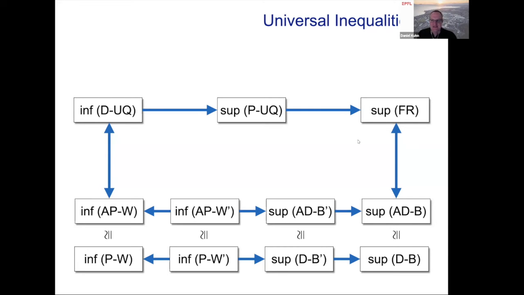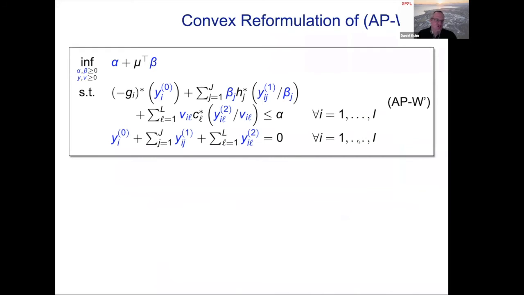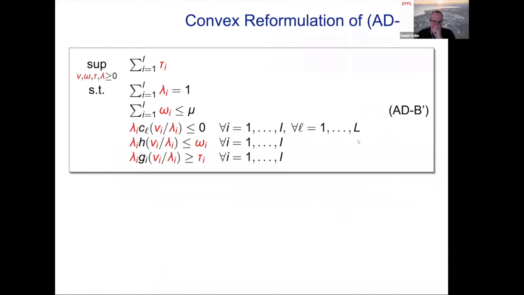Now, this immediately implies that the ambiguous primal-worst and the ambiguous dual-best also have convex reformulations, which actually can be derived by simply applying our reformulation techniques that we developed before for robust optimization problems. So I don't need to go through the derivations again. Actually, I can just show you the final result. So here's the convex reformulation of the ambiguous primal-worst. And of course, I do not expect you to parse this model. I just want to show you that the dual uncertainty quantification problem is indeed equivalent to an explicit convex program that is susceptible to numerical solution. And here's the convex reformulation of the ambiguous dual-best. Okay, so again, it's a convex maximization problem, explicit.